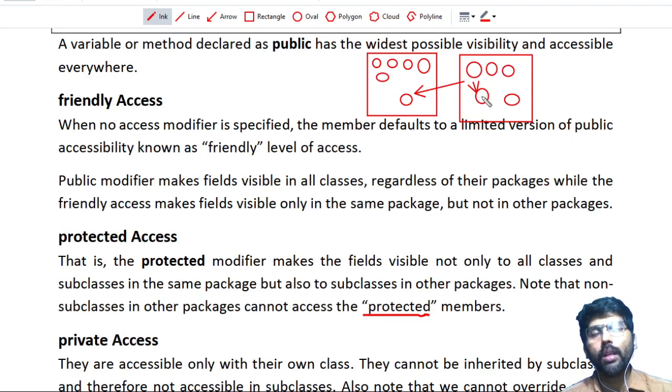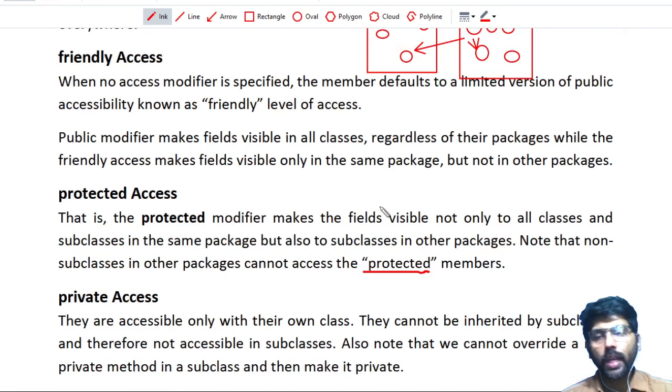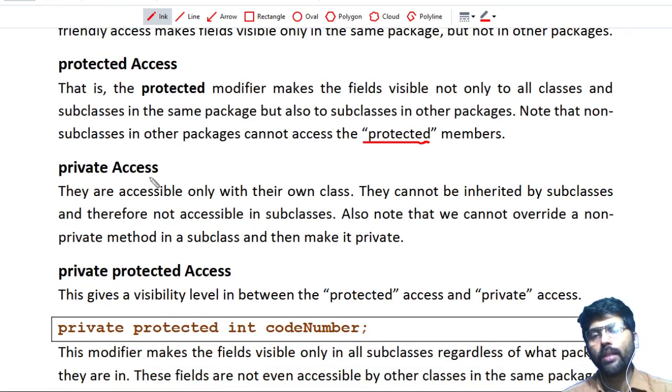Imagine you have a variable which does not have private visibility, maybe public, maybe friendly. Now you access that variable here and try to convert it, or override it, into private. It is not possible. You cannot make that variable private here. That is called private access.